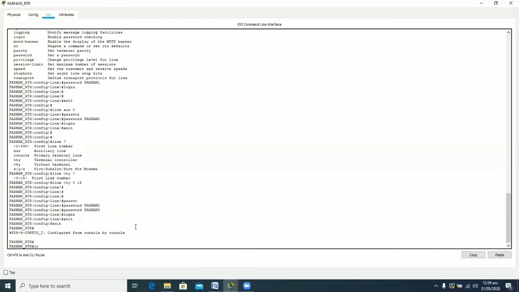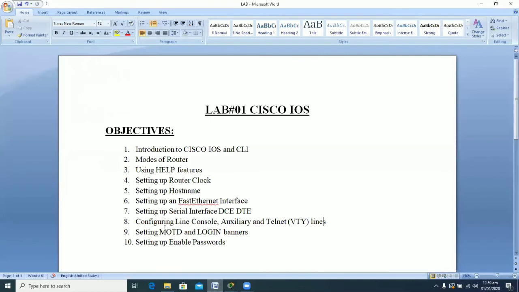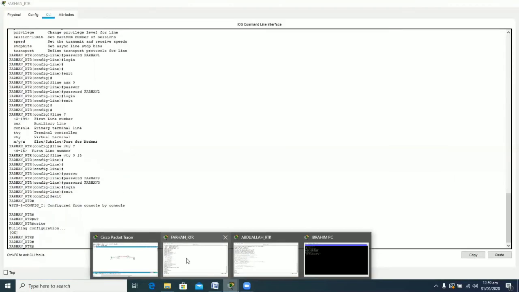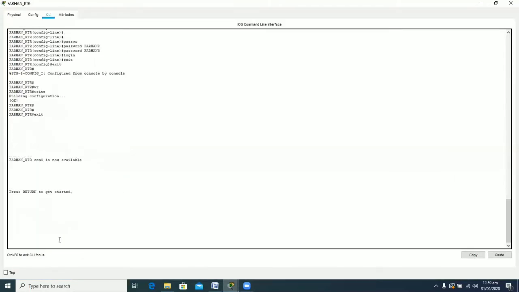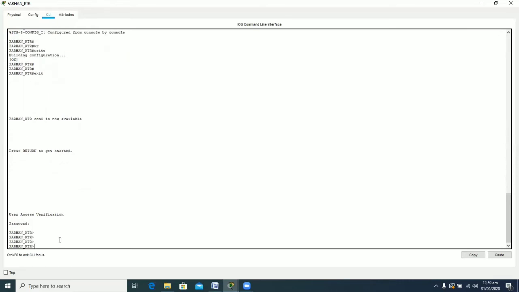Time for writing another write, that is very important, you shouldn't forget it. And now the eighth goal is also achieved. If now I move out from my Farhan router CLI, then one thing I want to show here. I am now out of the CLI of my Farhan router, and I am now pressing enter. And you can see that it is asking me the console line password, as I have entered my router through the console line. So here I am writing Farhan1. The password characters will not be shown to you. The asterisk will not be shown to you. Simply I am now in the Farhan router user mode.